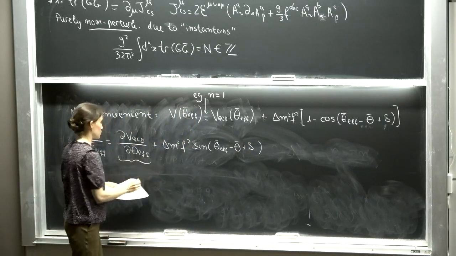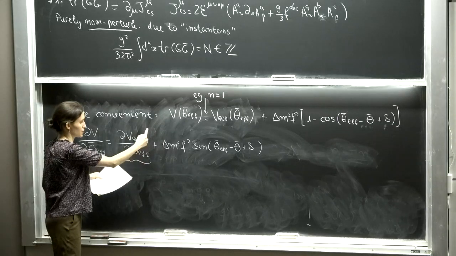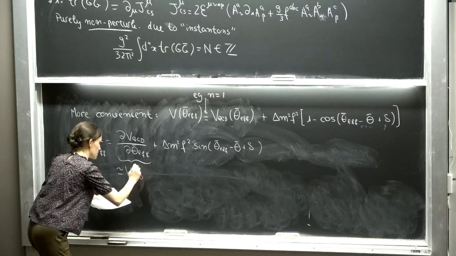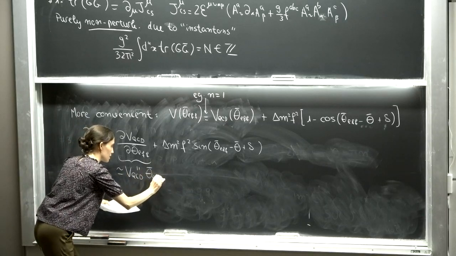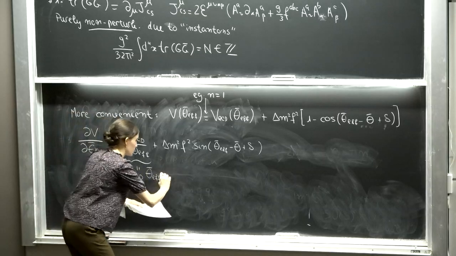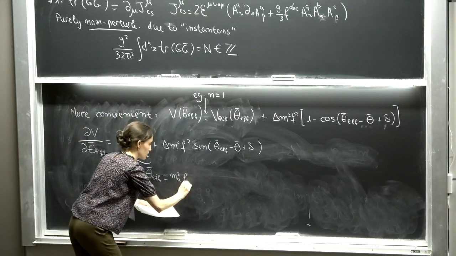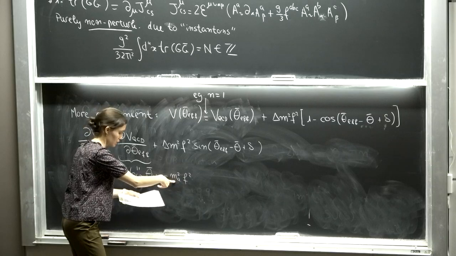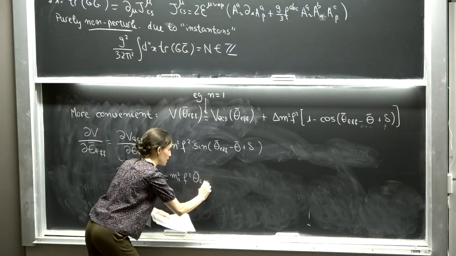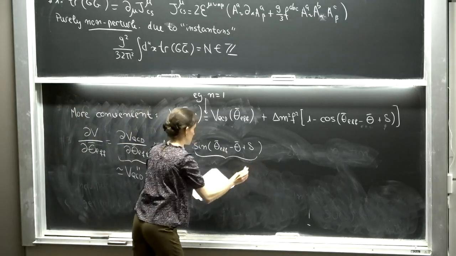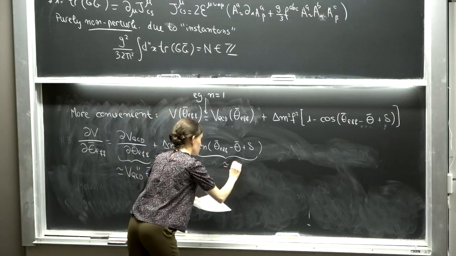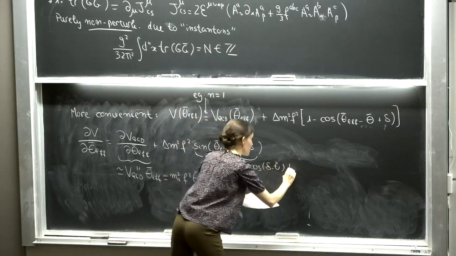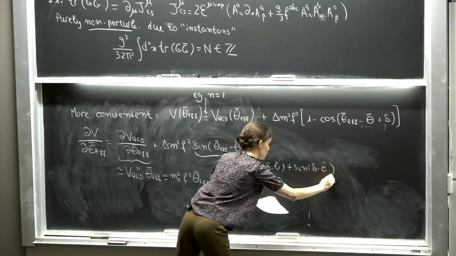For a small theta bar, so that we can self-consistently expand, this QCD term is itself minimized near theta bar effective equals 0. So we can expand this as the second derivative with respect to theta bar effective, which in other words is just the mass of the axion that we get from QCD, which I think Masha calculated using the Lagrangian linear in theta bar. And you can also expand this for theta bar tiny, and this would be theta effective times cosine of delta minus theta bar plus. The bottom line is that